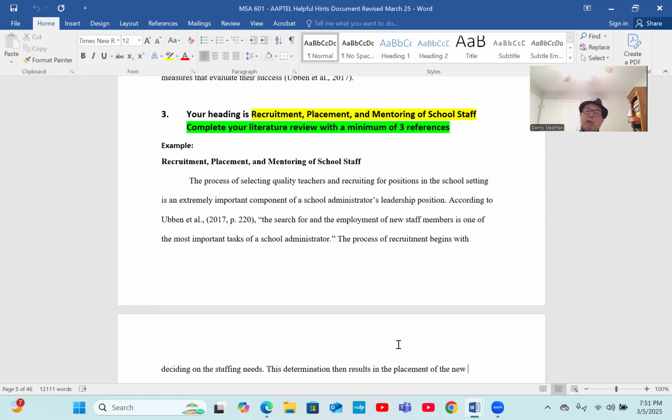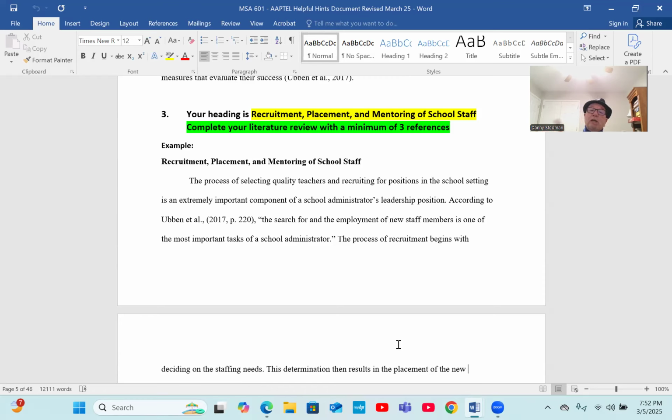Not only do you recruit them, you've got to place them. You've got to find the right place for them. You may put a teacher in first grade when you hire them the first year, but you realize that they may not be in the best place. You've got to have what it takes to be able to move that teacher based on where you feel they are going to be most effective in your school. And then you not only mentor your staff, you provide others that can mentor them as well.